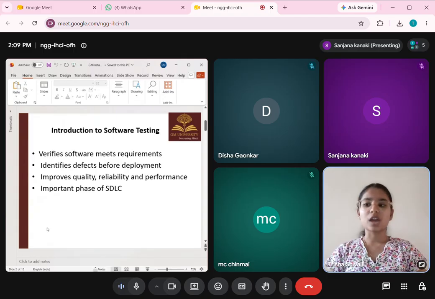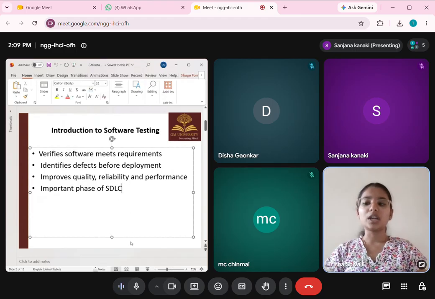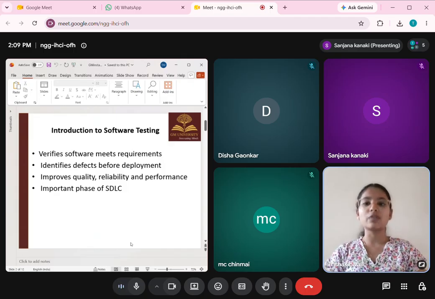Software testing is a process of evaluating a software application to ensure it works correctly and meets user requirements. It ensures that the software is free of defects or errors and verifies it behaves according to the expectations of the customers or the users. It also helps to improve the quality and the performance of the application. Testing is a phase in the software development life cycle, which helps to know the system working and its performance and its activities according to the requirements.